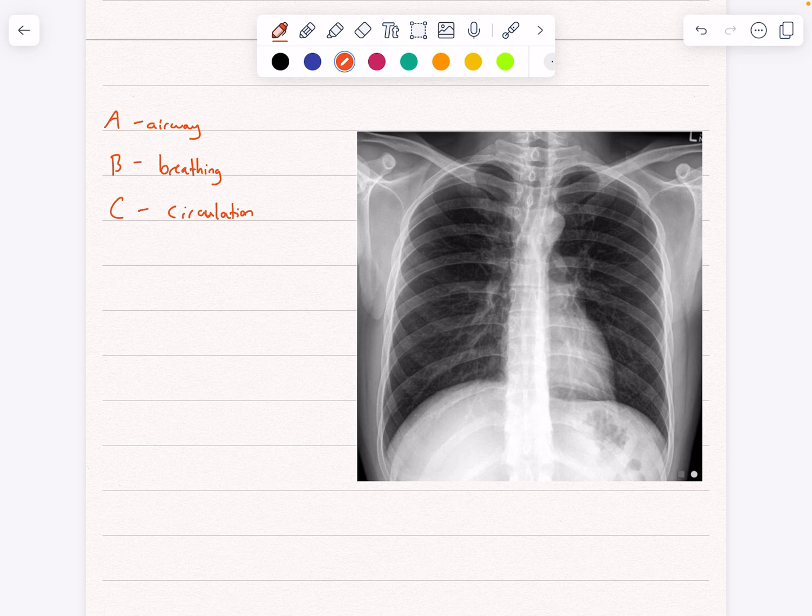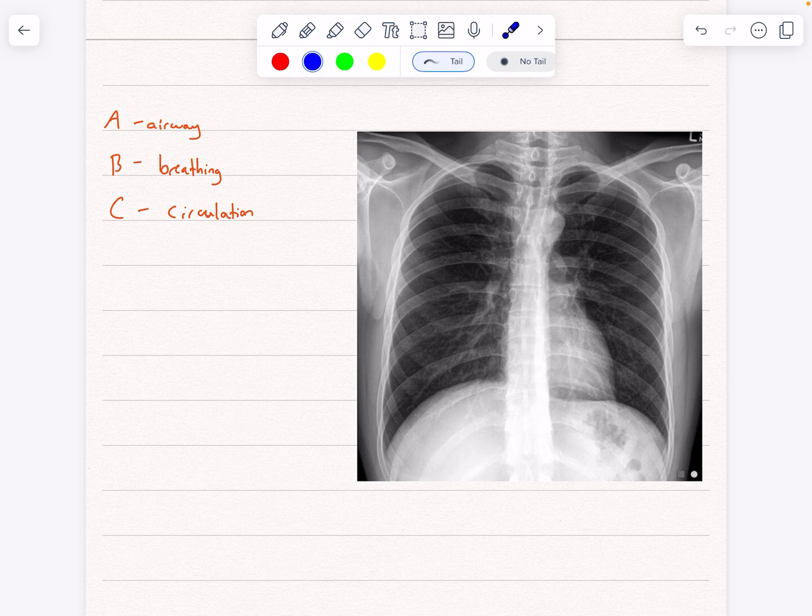Now, if you have an AP film, you're not going to really be able to determine the heart size. If you have a PA film, you can. This is a PA film, which is okay. So we're going to look at the heart, which is here, and there's the aortic knuckle as well. In terms of the heart size, it should be less than or equal to 50% of the thoracic cavity. This here is the thoracic cavity. This here is the heart. We can say that that is less than 50%, i.e. there is not cardiomegaly, megaly being big,